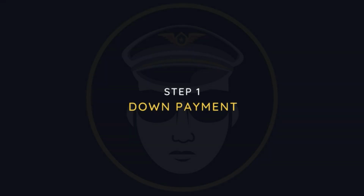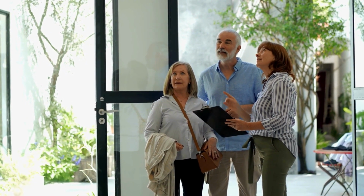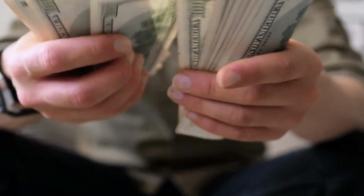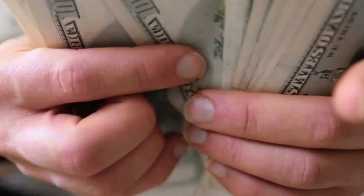Step 1. Down payment. Since this is where it all begins, you'll need a down payment. Most lenders want a 10 to 15% down payment every time someone wants to buy a house. That means that for every $100,000 you end up buying, you'll have to put down between $15,000 and $20,000 of